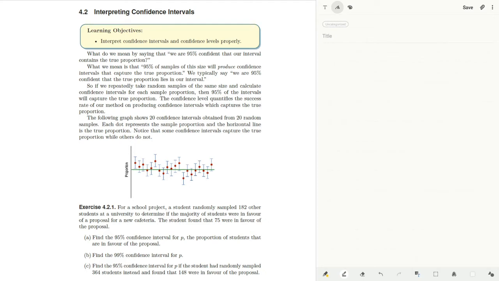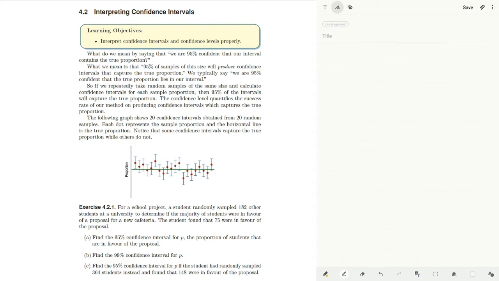capture the true proportion. And so if we were to repeatedly take random samples of the same size and then calculate the confidence interval for each of those samples, then we would expect that 95% of those intervals will capture the true proportion. The confidence level is the success rate of the method which produces confidence intervals that capture the true parameter. And so to illustrate what we have just discussed, let's consider taking 20 random samples and creating 20